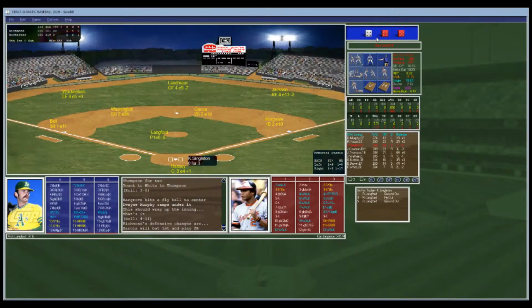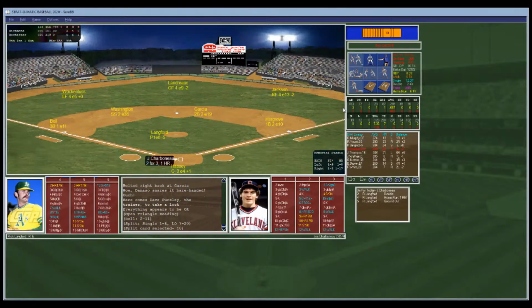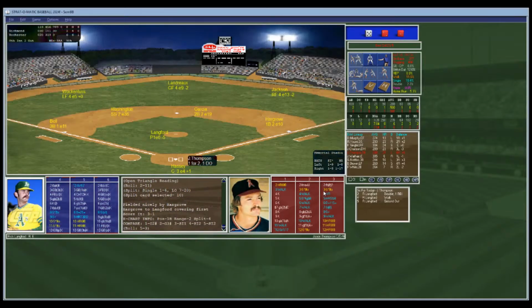Langford looks in, gets the sign from Ron Hassey. Here's the pitch to Singleton. That will be a liner caught by Damaso Garcia, one out. Here is Joe Charbonneau, Jolton Joe, double and a homer. Langford with the windup and pitch to Charbonneau. And that's going to be a ground ball to first. Hit at Hargrove. He's got it. Goes to the bag himself, and there's 2 outs. Good job by Hargrove. 2 outs in the eighth.